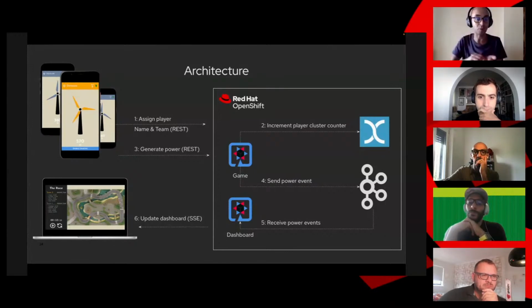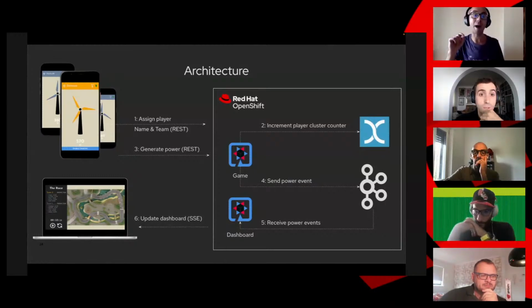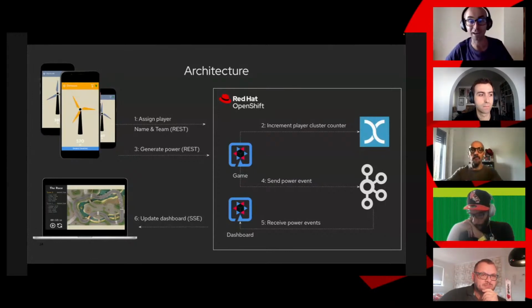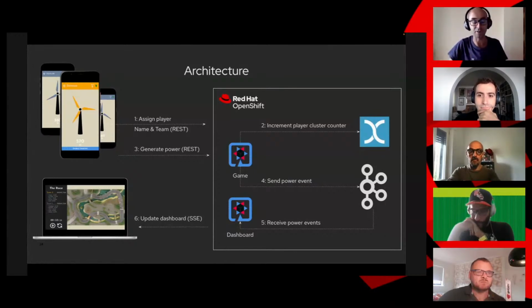Okay, so every time that you push, we send a request to our backend, and then asynchronously our backend just sends this power to the Kafka topic. We've got a Kafka cluster up and running, all running in OpenShift, which is a Kubernetes implementation. Then this event just goes from the backend to the Kafka topic, and we've got the dashboard, which is another